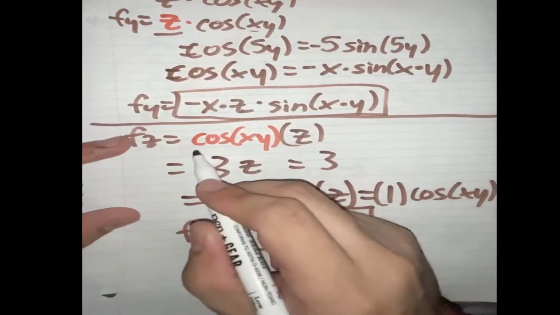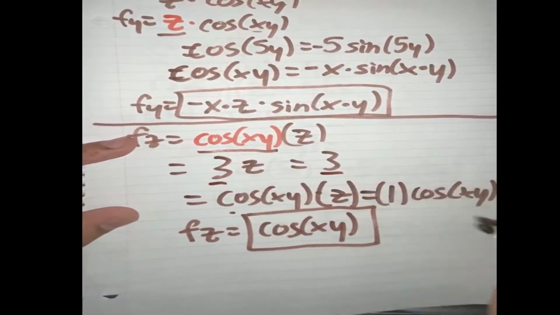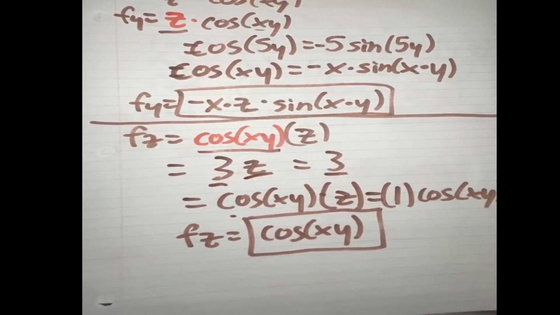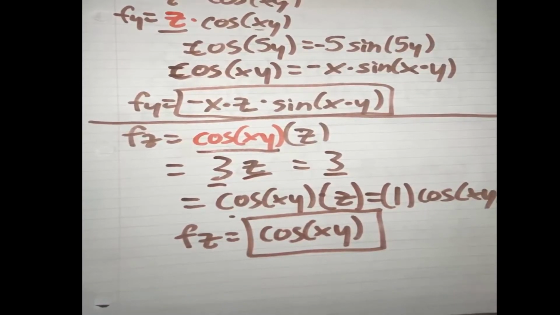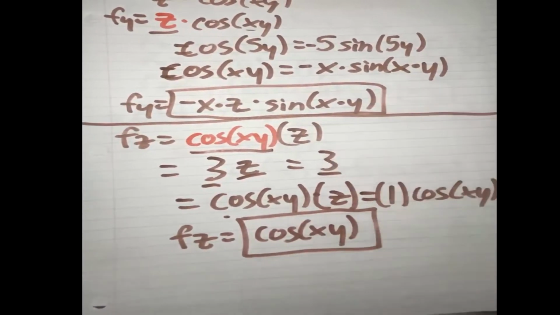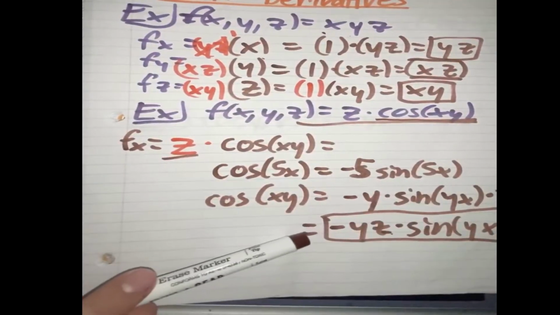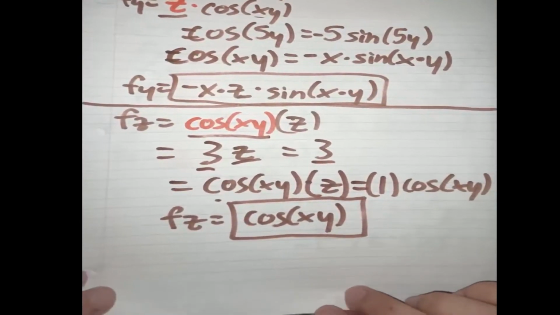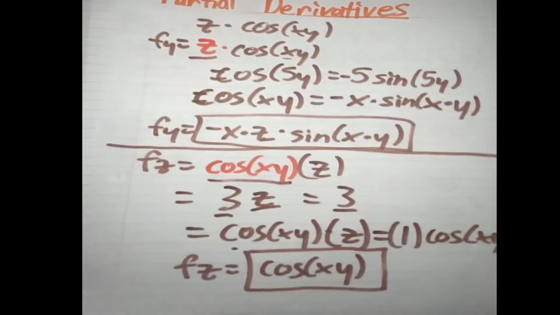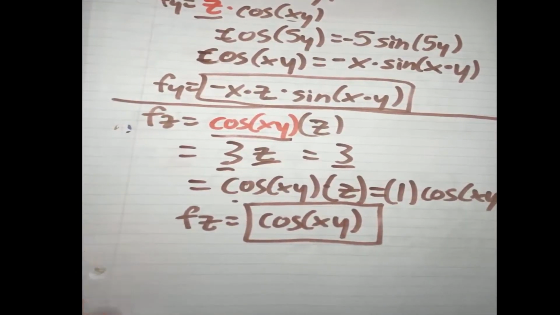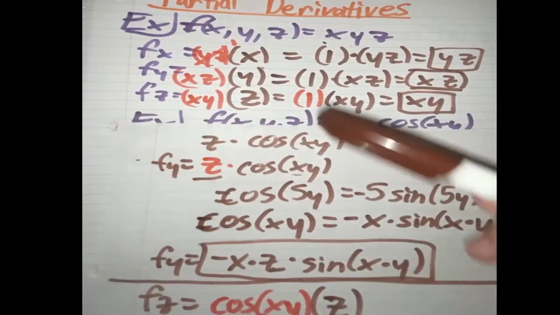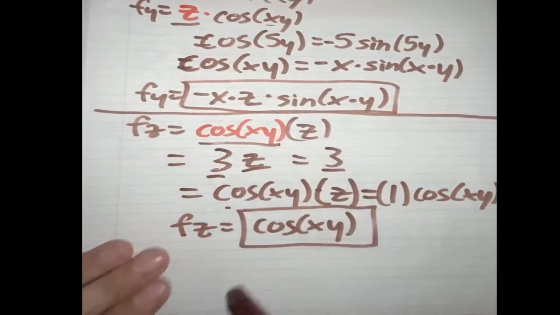So what did we do? We treated this as a constant. So it helps me substituting in constants to see what those derivatives come out to be. So then I can focus on just taking the derivative of z, or with respect to z. So this is our final answer. So if your answers don't match up with these, then go ahead and just follow this video step by step. But partial derivatives are one of the key concepts. So really just whatever you're taking the derivative of, make sure that whatever is not that variable is treated as a constant. Color code it or do something to remind yourself that it's a constant. So anyways,